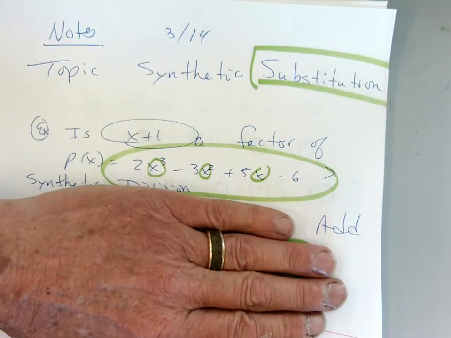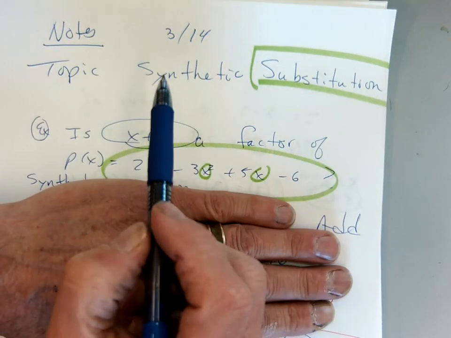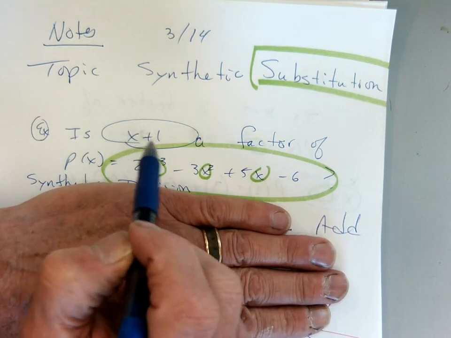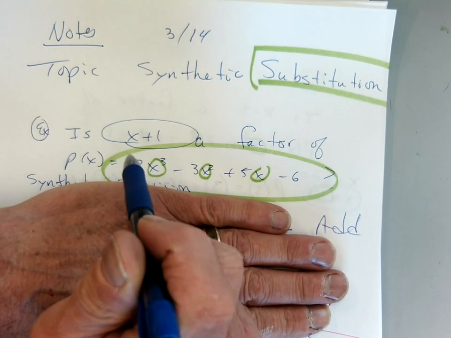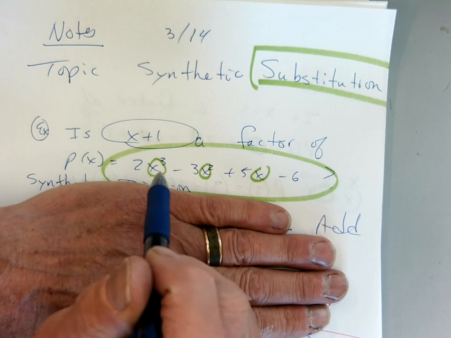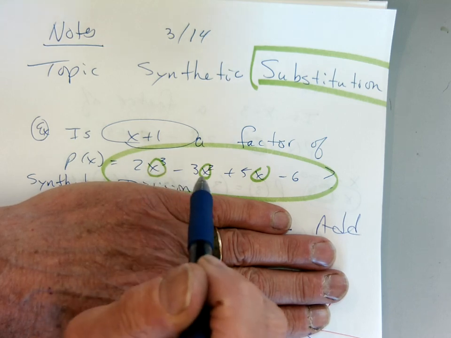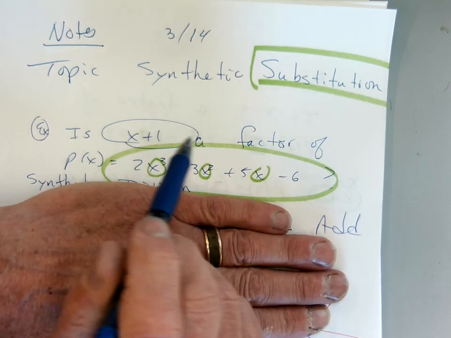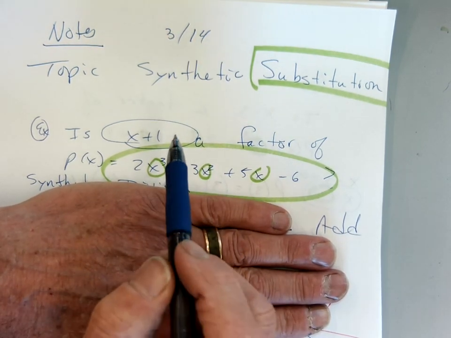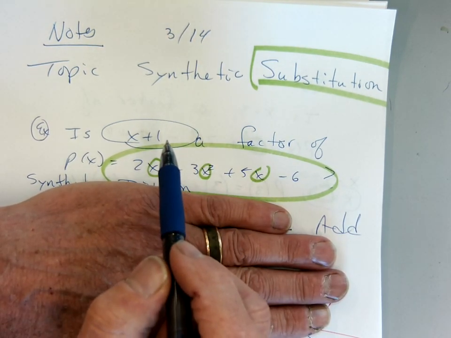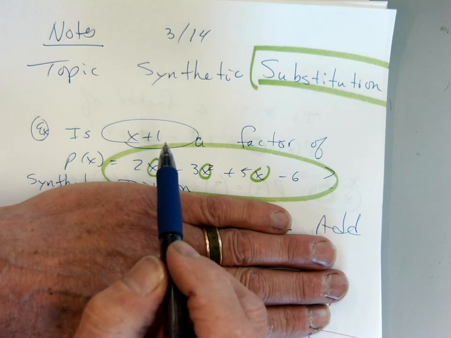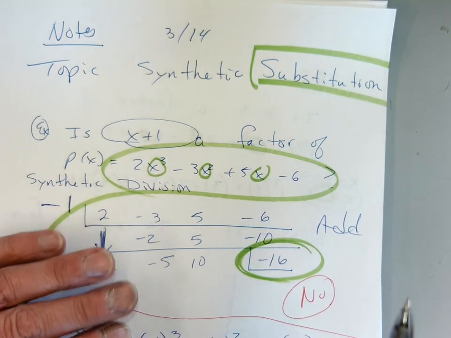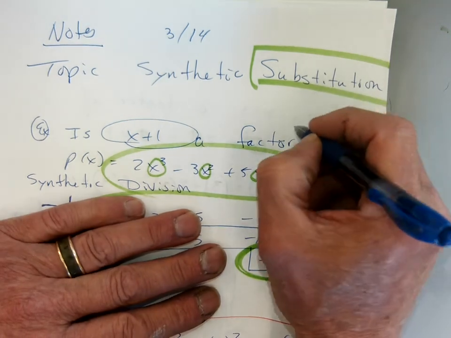Today's question is something like this. Is x plus 1 a factor of this polynomial, p of x, which is 2x cubed minus 3x squared plus 5x minus 6? Is it a factor? That's all we care about. We don't care about the division. To be a factor, it has to go in evenly, which means its remainder has to be 0. Okay, so we're looking for really a remainder